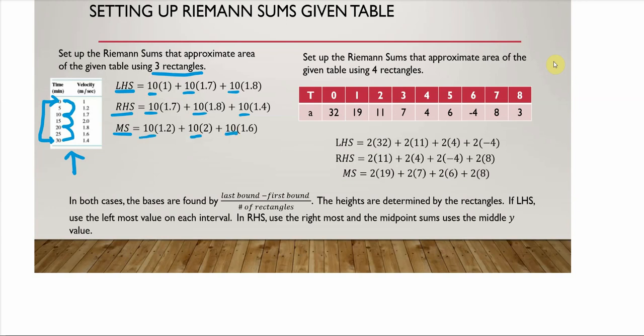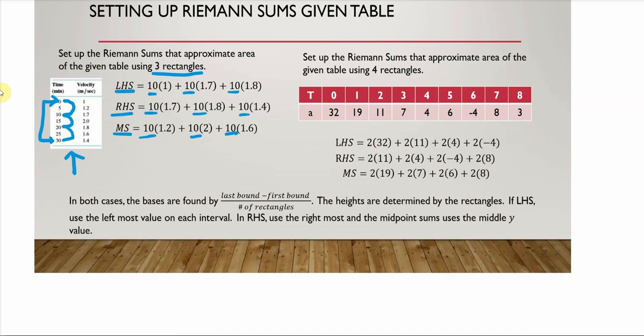Now, if I had said 1 rectangle, then it would be 0 to 30, and my base would be 30. If I had said 2 rectangles, it would be from 0 to 15, and then from 15 to 30. So every base would be 15 if I had asked for 2 rectangles. What if I had asked for 6 rectangles? Then every base would be